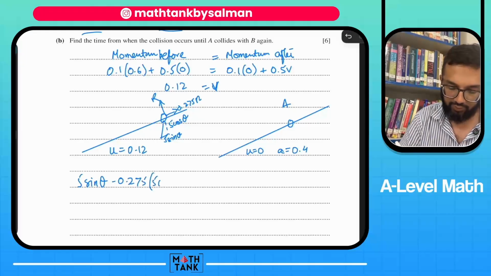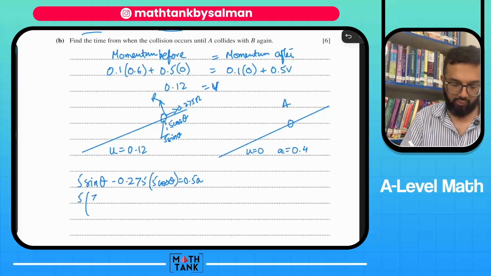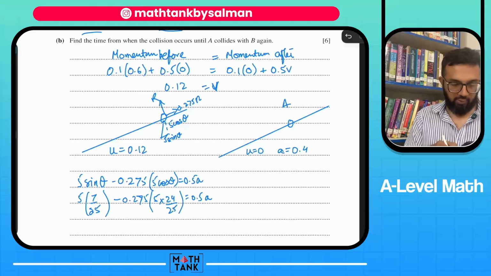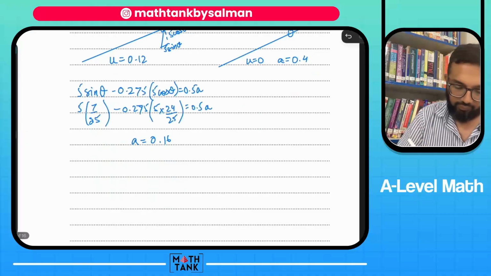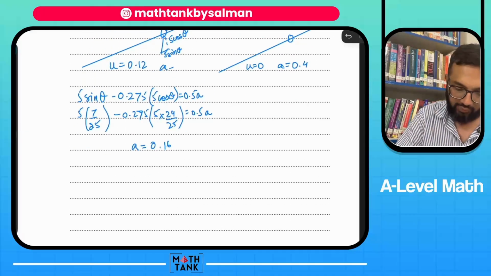R is going to be 5 cos θ equals ma. 0.16. Okay, so क्या होगा फिर, अगर इसकी एक्सेलरेशन 0.16 है, दोनों डिस्टेंस भी सेम ट्रैवल करेंगे, दोनों का टाइम भी सेम होगा।